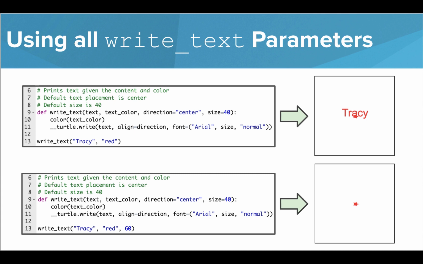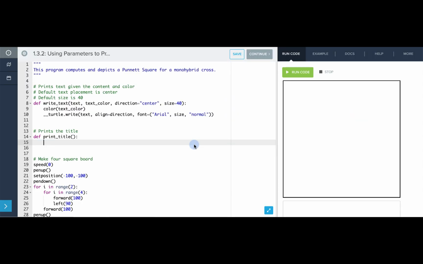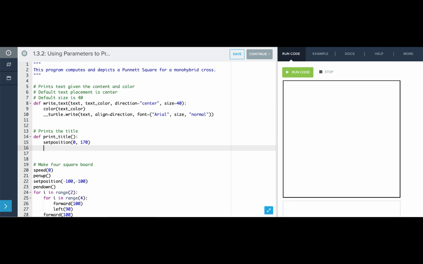Let's go to the editor to put this all together and write a title for a Punnet square generator. I want to fill in this function that will print a title to my Punnet square generator. I want the title to be centered at the top of my canvas, so I'll send Tracy there by using setPosition 0, 170. I need to make sure that all of the commands I want included in this function are indented one level. Once she's there, I want her to print the title, so I'll use the writeText function,